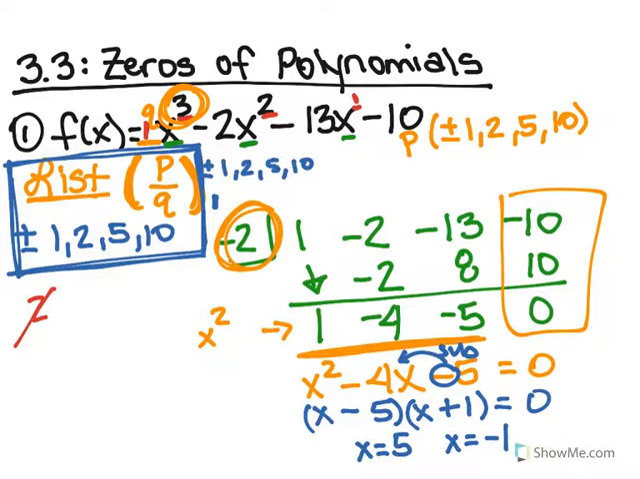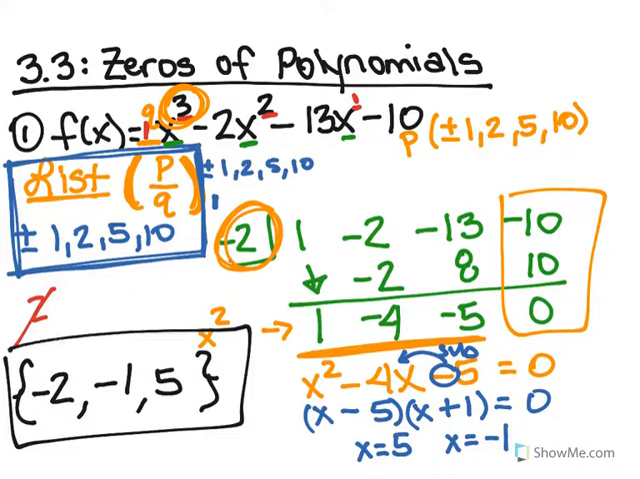So we found out that the 3 numbers that would break this polynomial down, and I'm going to write them in curly brackets, are: we know that negative 2 is an answer, negative 1 is an answer, and positive 5 is an answer. Those are the 3 numbers that would work. And this is what we're going to be doing on this section. We're trying to find